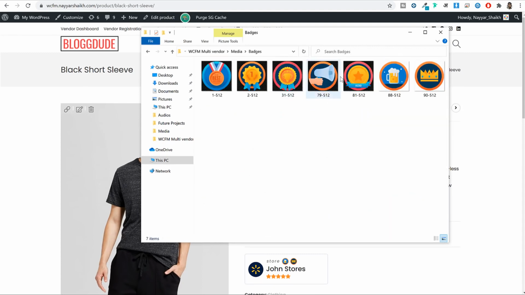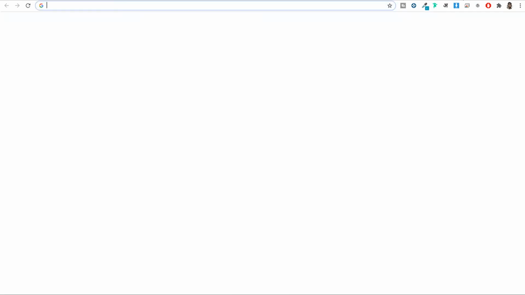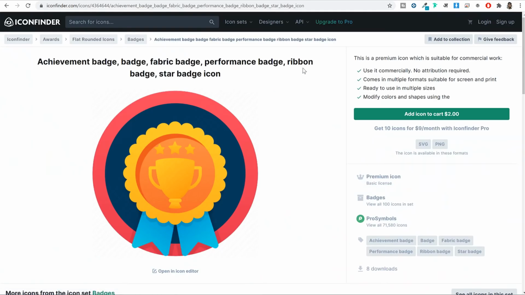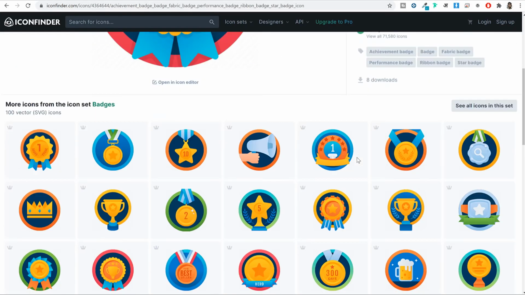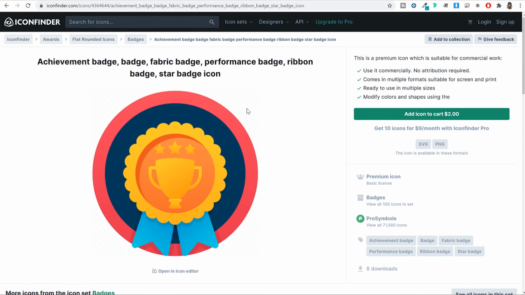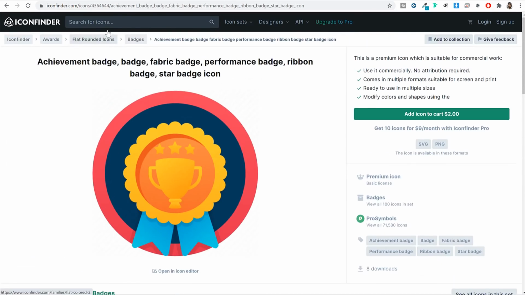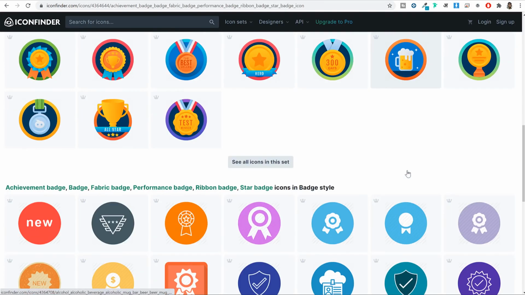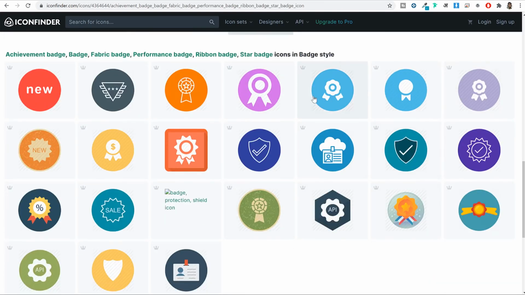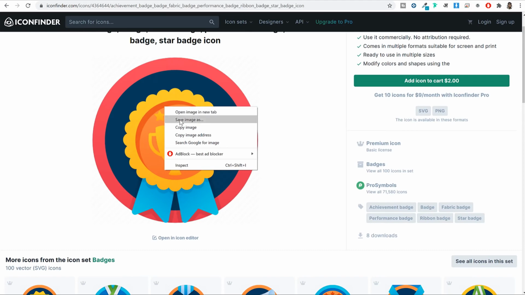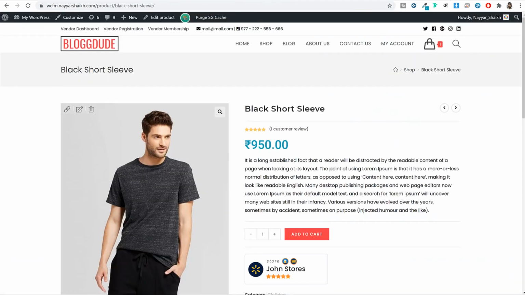You also have these badge images. These are all the badges that I've given you. If you want to download a few more badges, there is a website that you can go to, Icon Finder. As you can see, I have downloaded these from this website, iconfinder.com. You can go to this website and just search for achievement badges. You'll get hundreds of thousands of different badges. Whatever you like, you can simply right click on it and click on save image as, and you can use